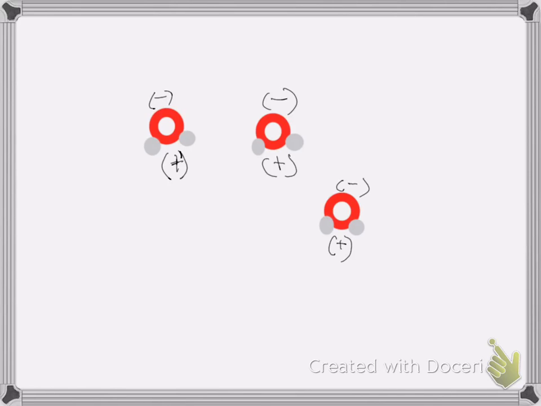So when you get these water molecules interacting with each other, what you find is that they'll actually reorient themselves so that the oxygen of one end will be attracted to the hydrogen of another. So if this is the hydrogen, then the oxygen of the other molecule